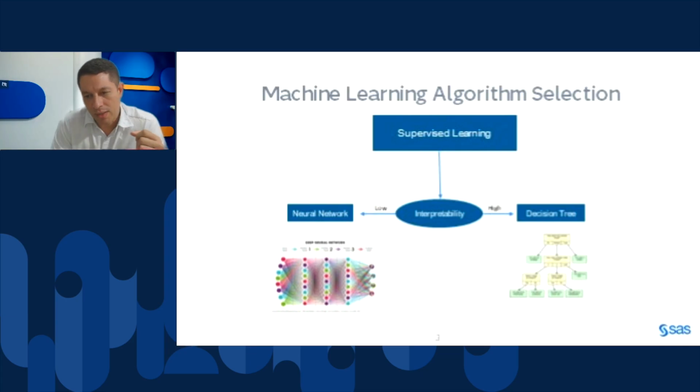They use very strong techniques, but on the other hand, these algorithms suffer from low interpretability. In most cases, we can't explain how one result was made by these kinds of algorithms. On the other side,